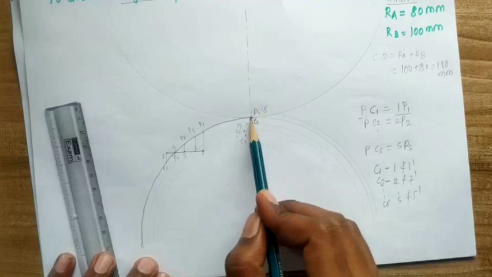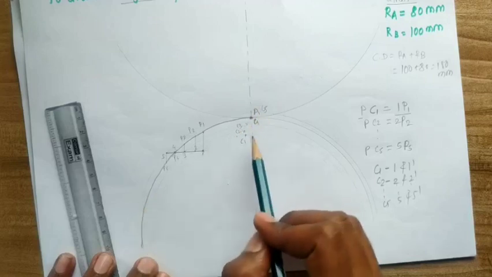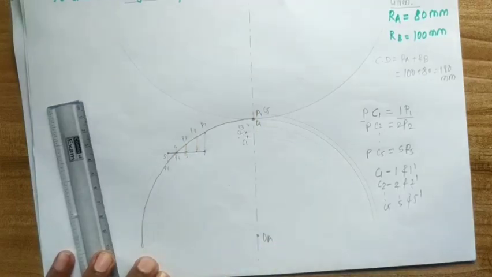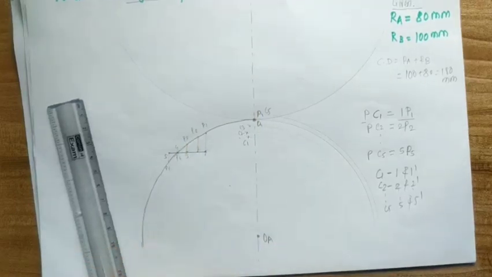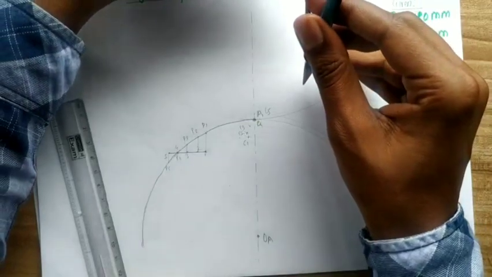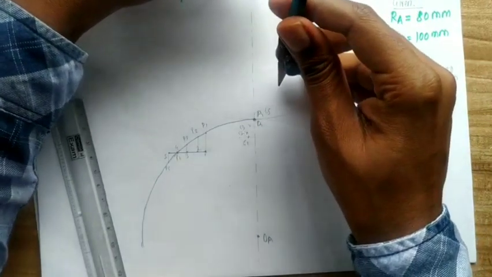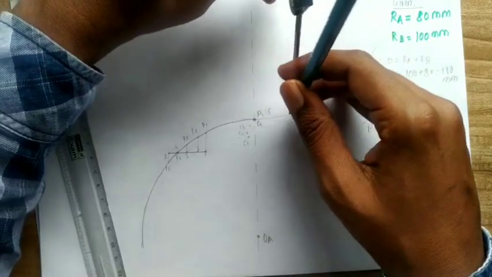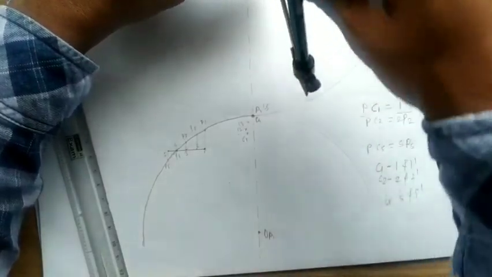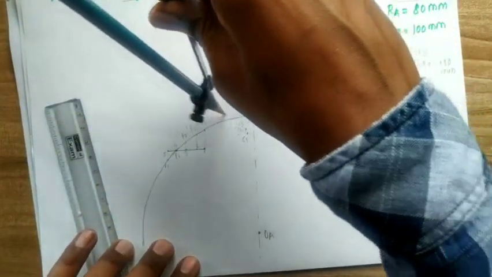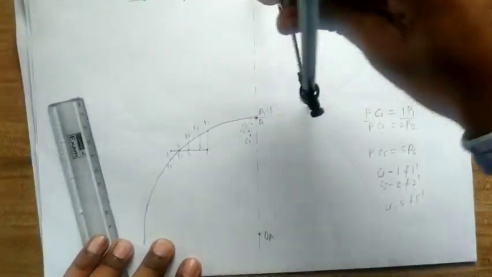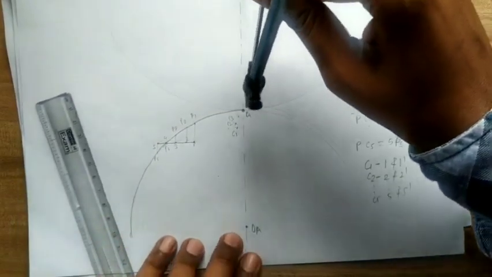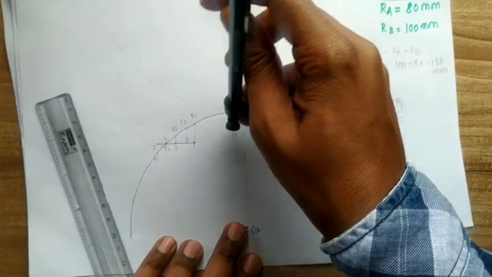Similarly, the locus of 3, 4, 5 must be passing through the loci of C2, C3, C4, C5, and for this I will now draw concentric circles, that is, circles passing through C1, C2, C3, C4, C5, but concentric with the pitch circle of gear B. It is already circled through the pitch point, and it is nothing but through C4 also. You can see C4 and the pitch point are the same. So with this pitch circle, I have to draw circles which are concentric with it, through the points C1 to C5. Let's say draw with C1 first.